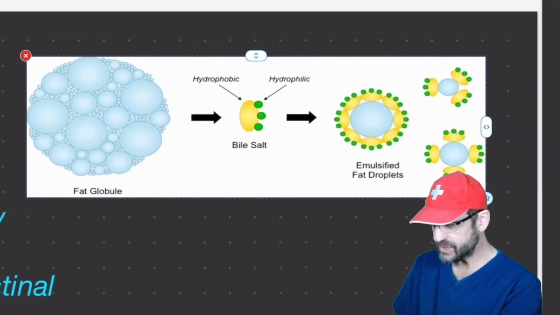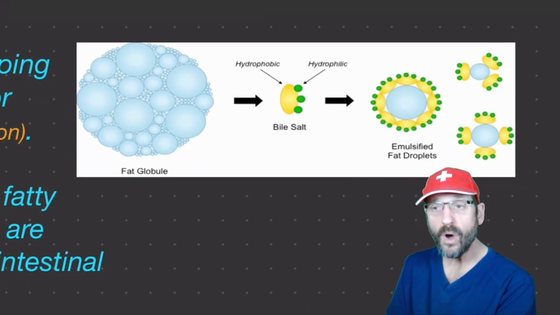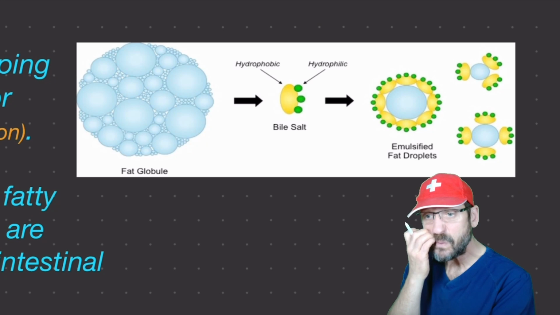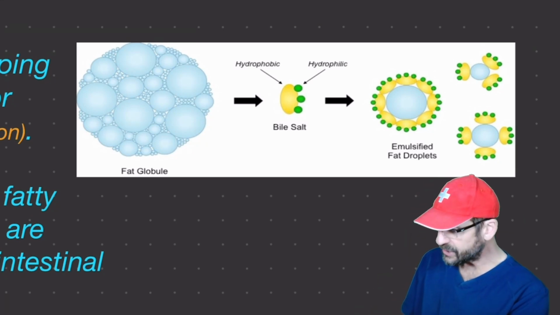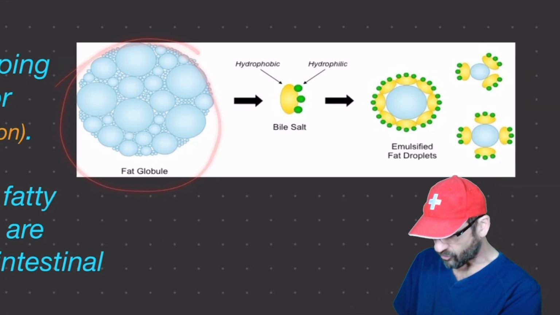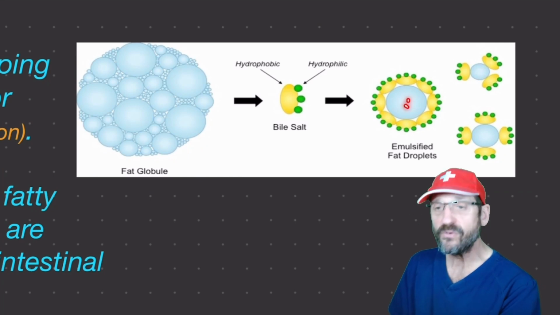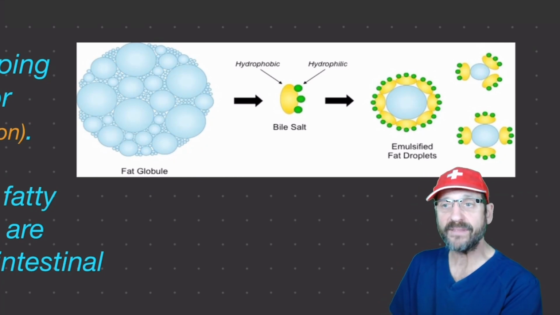And you can sort of see here what a bile salt can do, because the emulsification process makes the big fat glob into small droplets,